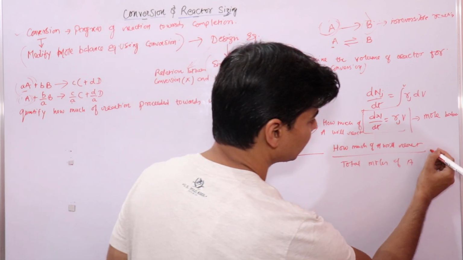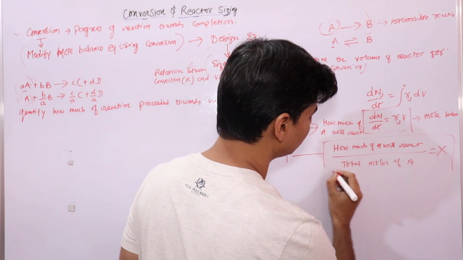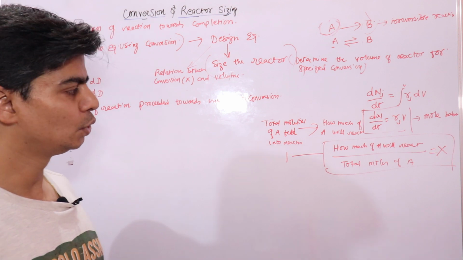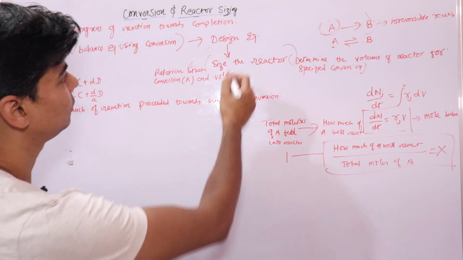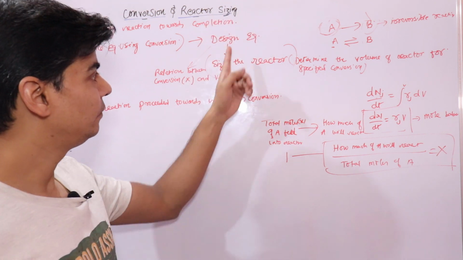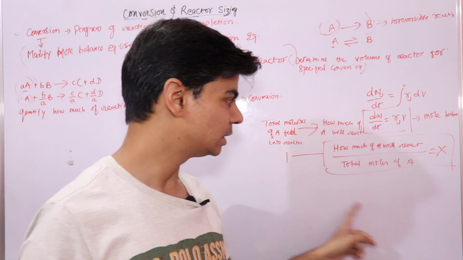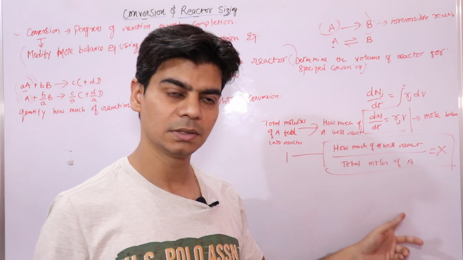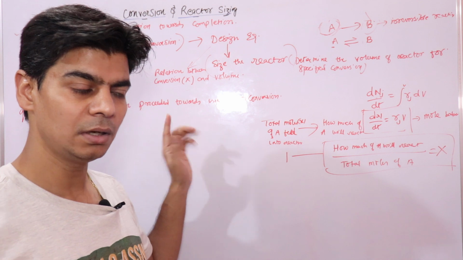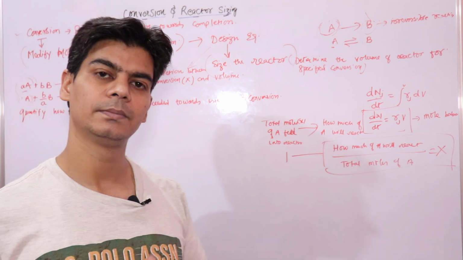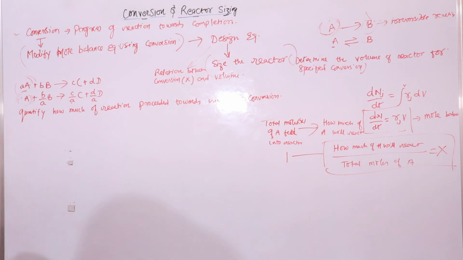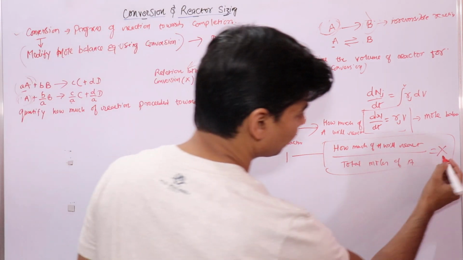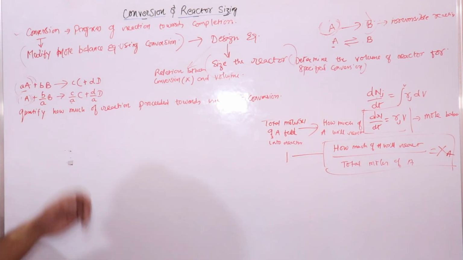So this is your mathematical form of conversion that we would be using in future lectures, when we will derive design equations. As I said, we would be deriving design equations. When we derive design equations, we would be using this mathematical form to quantify the reaction, to quantify the progress of the reaction towards completion, right. So this is the relation. This is for A, since we are using this reaction. So this is for A, XA. XA is conversion,